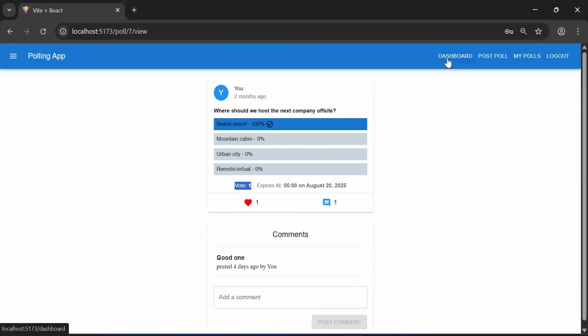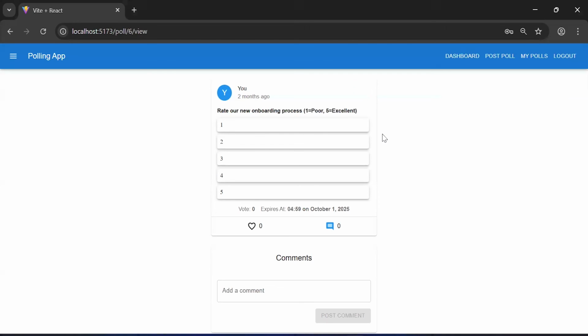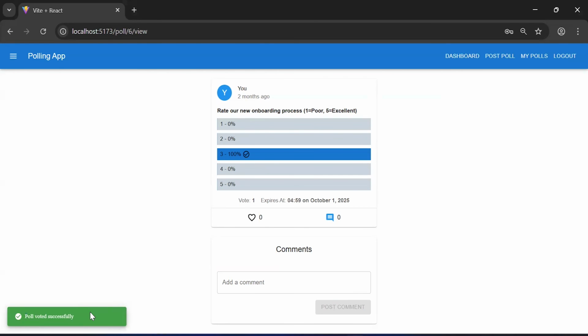Let's go back to the dashboard page, and I'm going to open this poll in the view poll details page. Let's click on this option to add a vote on this poll. As you can see, in the snack bar we got poll voted successfully, and we are getting the percentage value